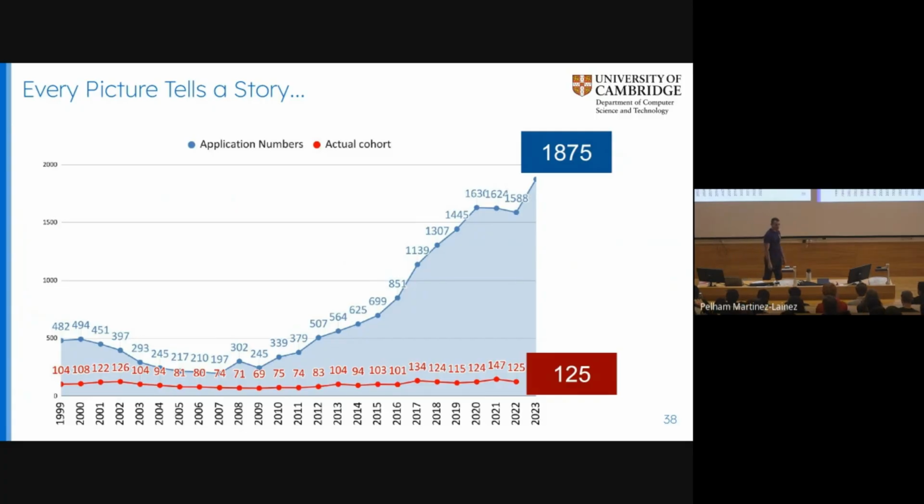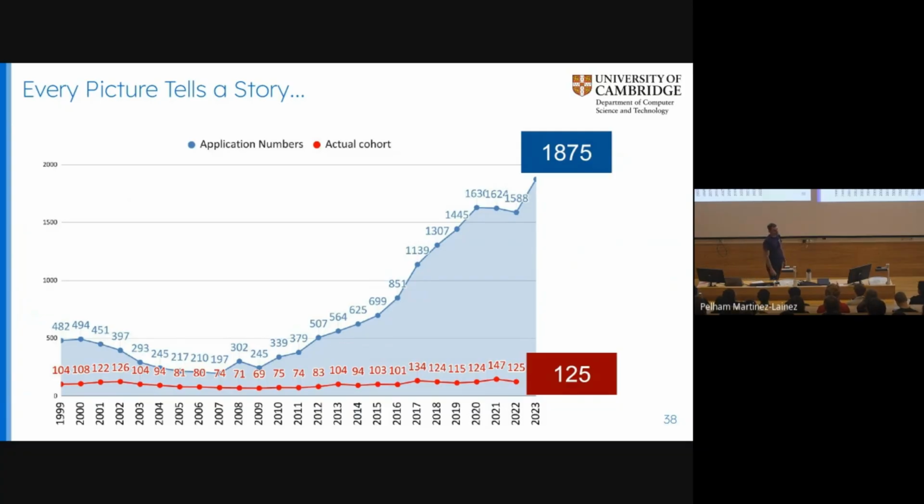Now, there is a problem that many of you, even though you're very intelligent, do the thing where you go, okay, 125, divide it by 1875. What's that? About 7%. I've only got a 7% chance of getting into Cambridge for computer science. And if you like statistics and think that is the right way to go, then I suppose I can't argue with you at some level, but that assumes that it is a random process.